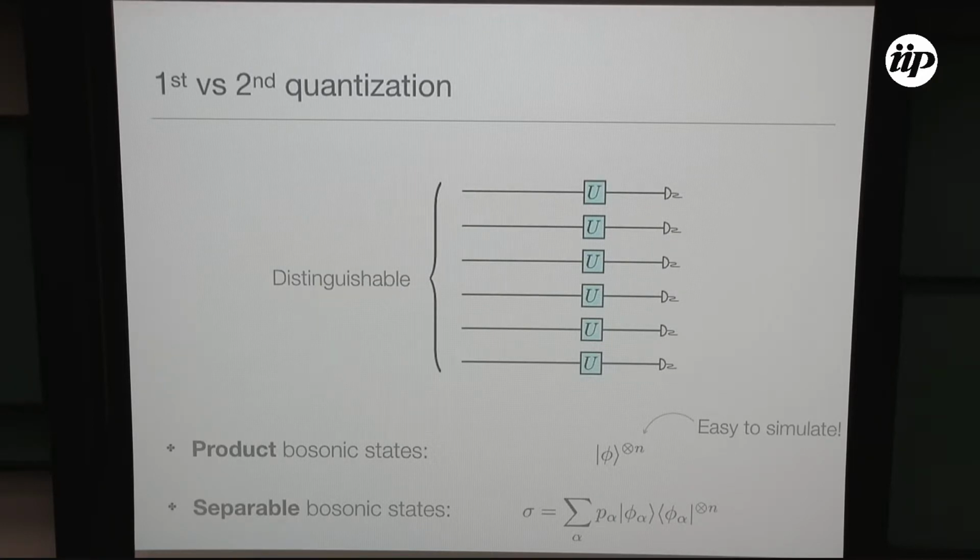Because now you just have to simulate the dynamics of these states that are all separate and subject to this kind of tensor product dynamics. So this is clearly classically simulatable, and in some sense the computational hardness of boson sampling has to come from the entanglement generated by the symmetrization. This is going to be important, so we can define these product bosonic states, which are states of this form where there's none of this entanglement, and separable bosonic states, by the natural extension to mixed states. This is going to be important because our simulation is going to be of this type. So we're going to simulate lossy boson sampling via distinguishable particles, via these product states.